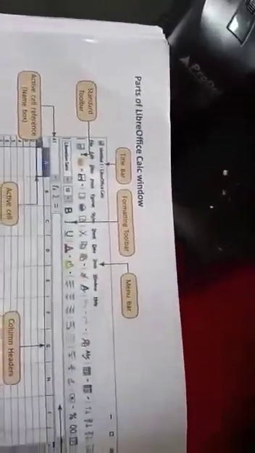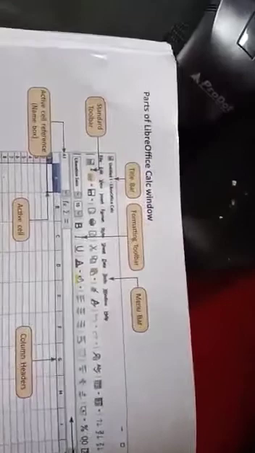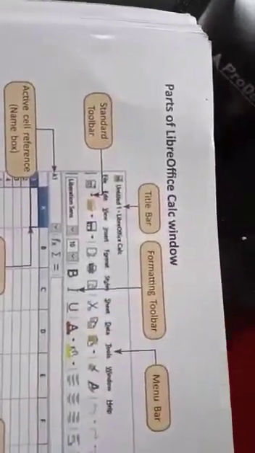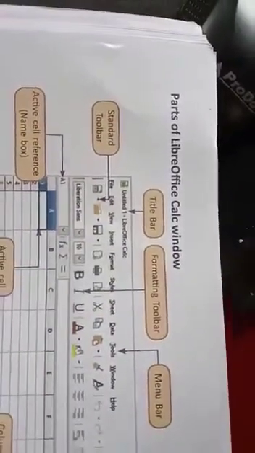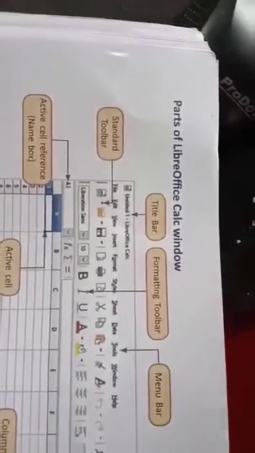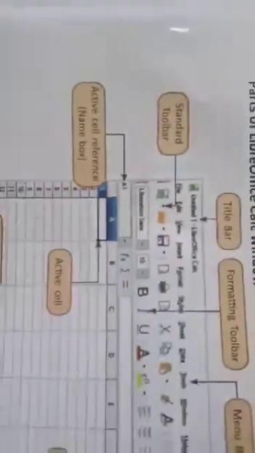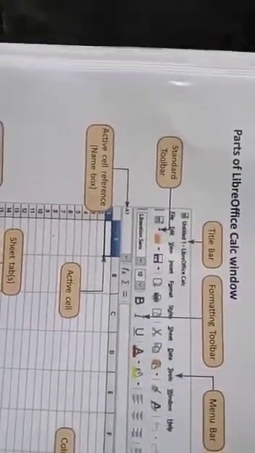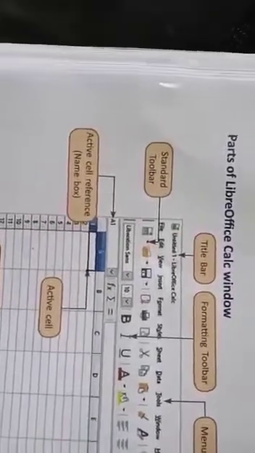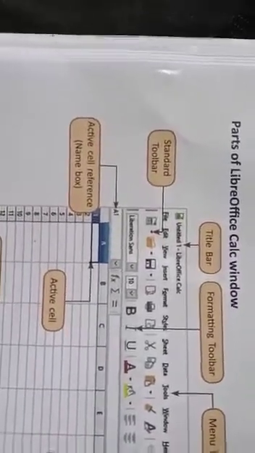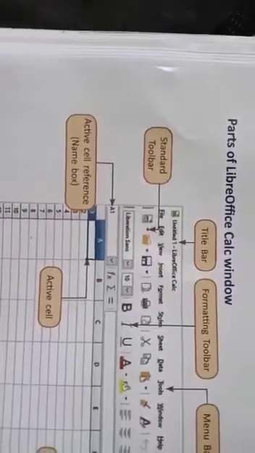All clear? Active cell. Now active cell. Active cell, I told you. This is the cell. Suppose A1, blue color, A1. What is the meaning of active cell? This is the cell in the spreadsheet with the dark boundary. See here, with the dark boundary, you can type into only this cell. In order to type data in a cell, you must make that cell active by clicking on it and typing in the data. See here बच्चे,